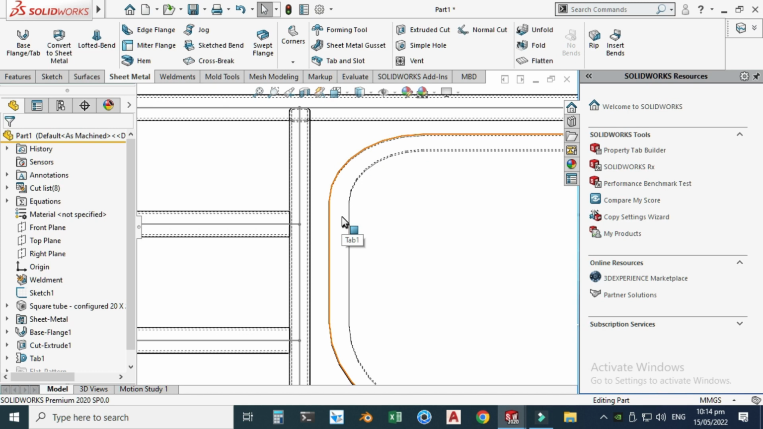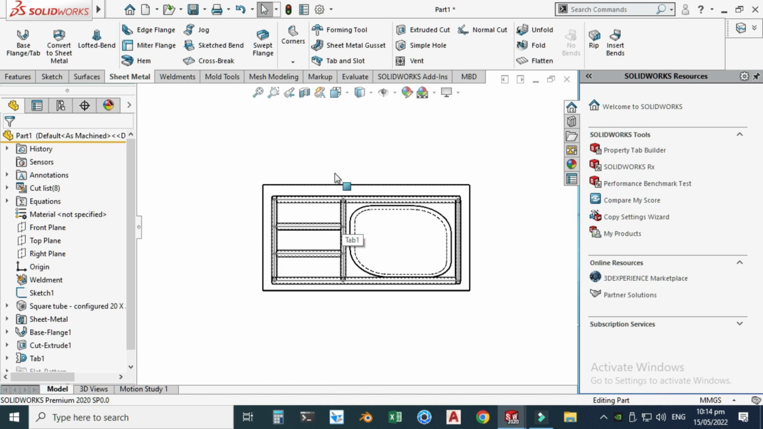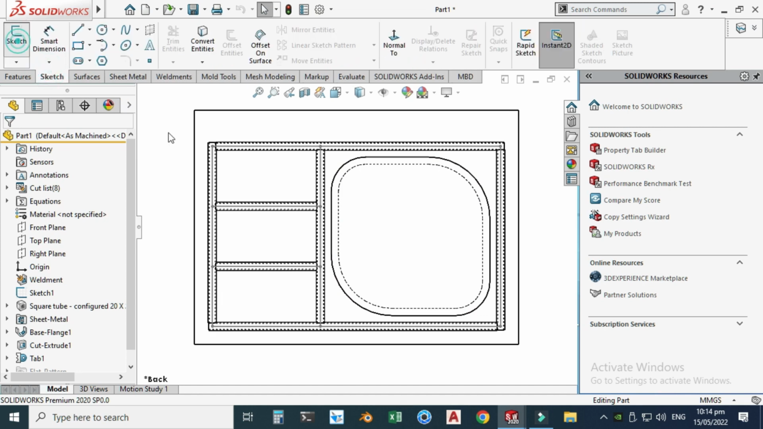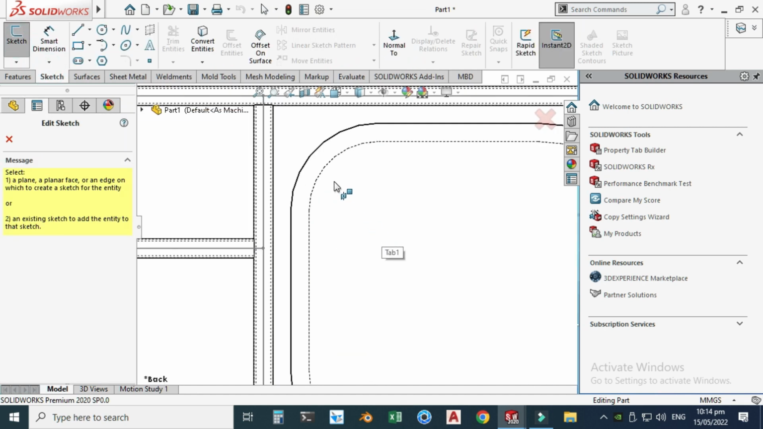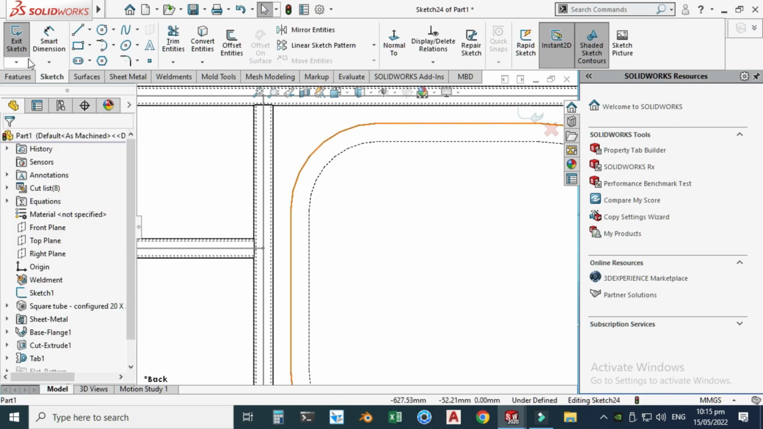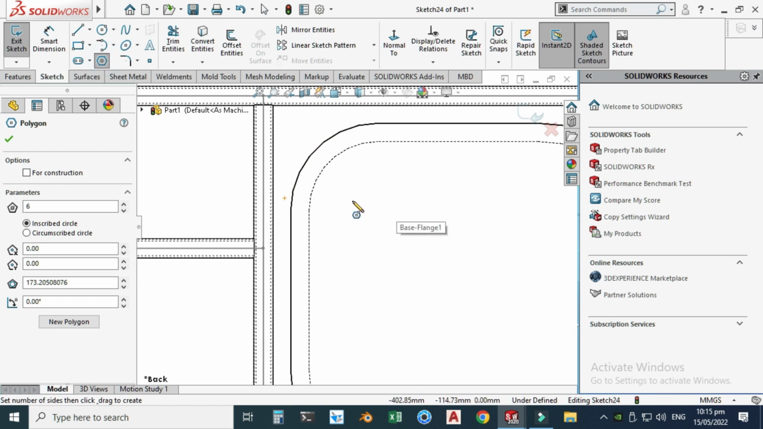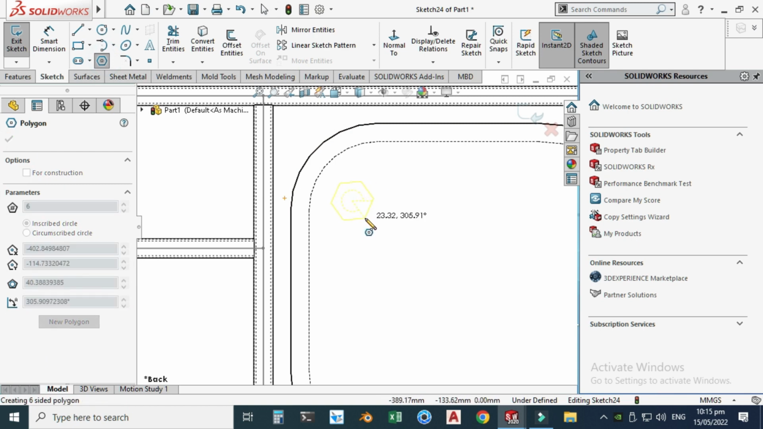this sheet, on this newly created sheet. So let's go to here again and go to your sketch. And this time I will be sketching on this newly created sheet, and I'll go to polygon, and I will create a hexagon here,